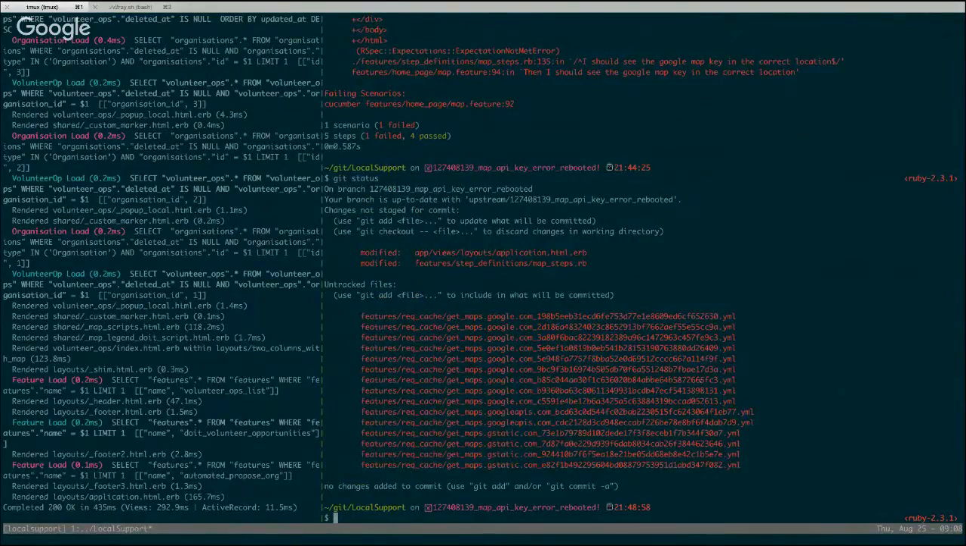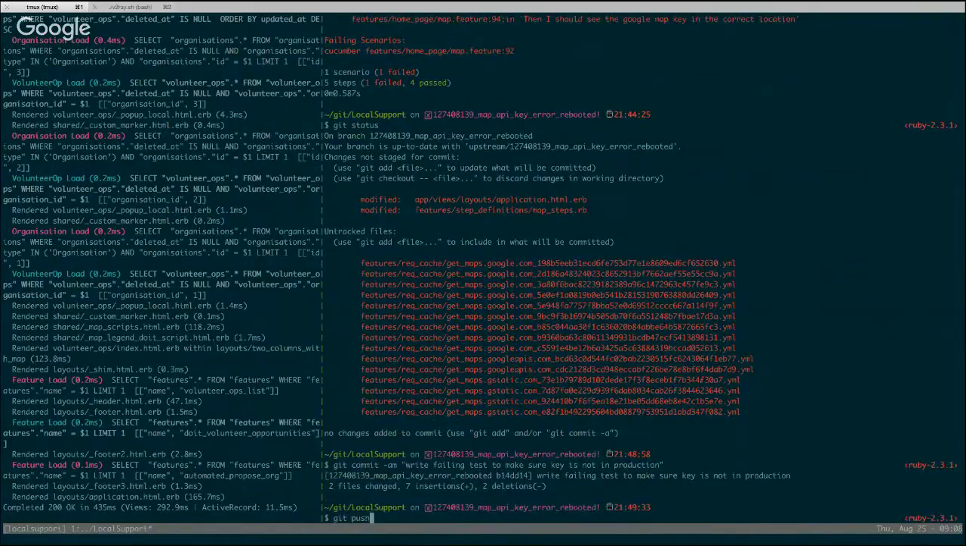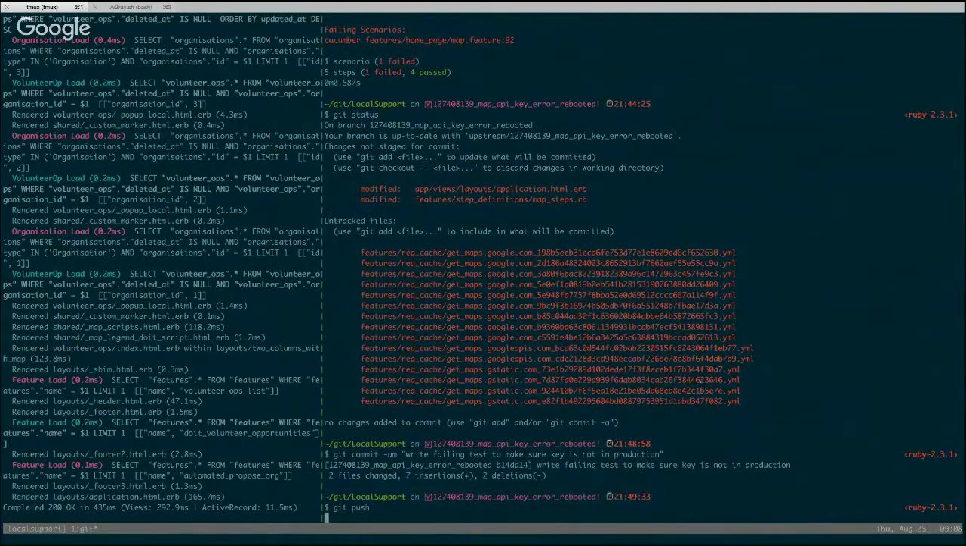Yeah. So basically, there are 2 files I modified. Yeah, and I guess you git commit -am. Right. Failing test. Yeah, and you can say "make sure key is not in production." Yeah, that'll do that. So if you then git push, let's see what happens if